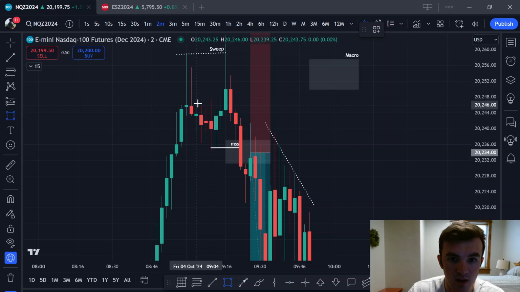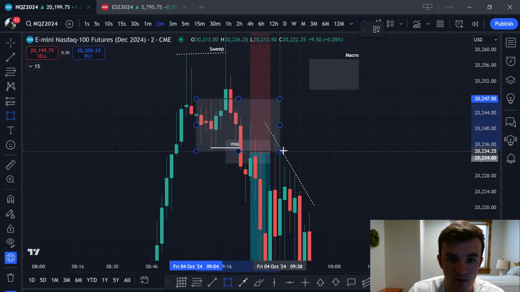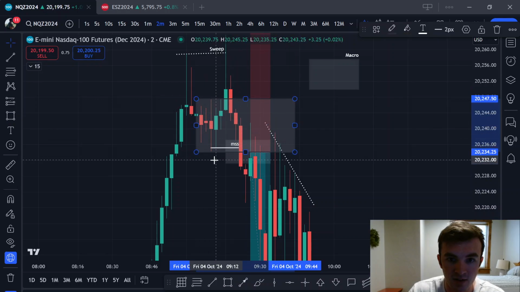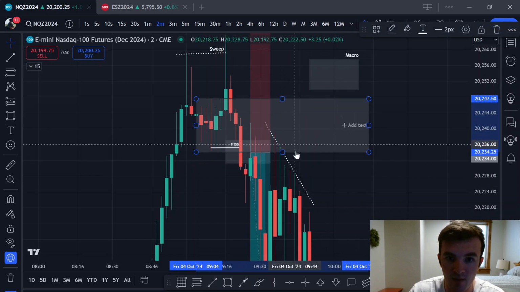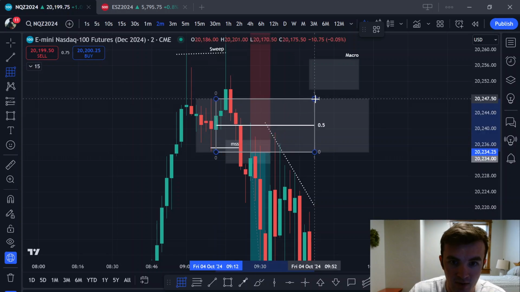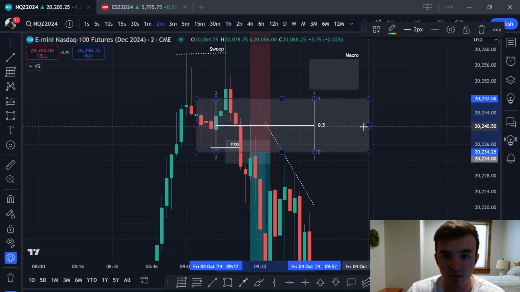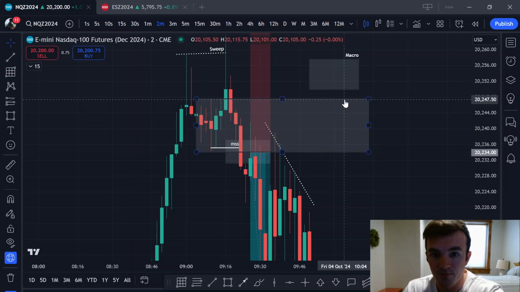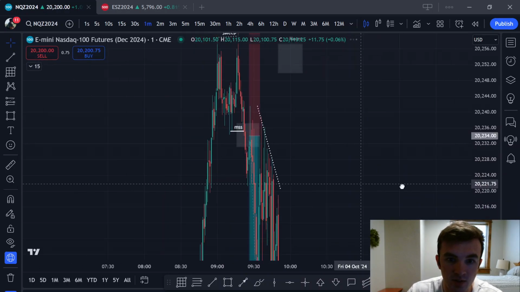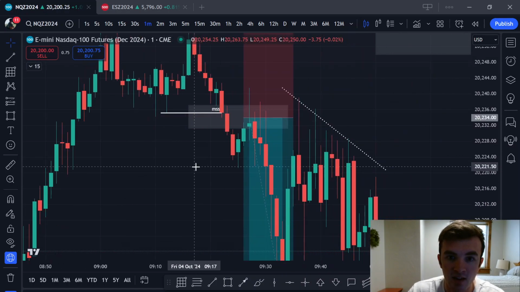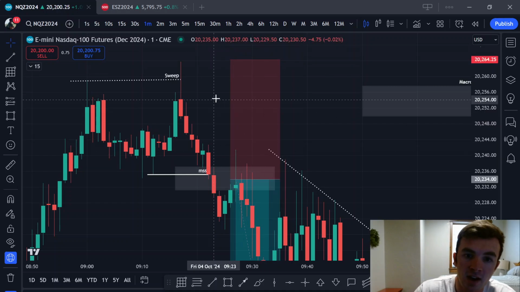High, low, higher high, lower low. So this is a breaker block as well. So it's a fair value gap overlapped with a breaker. And I think we might actually even tap the midpoint of this breaker block somewhat. Anyway, this would be your entry, and your stop loss would go above the high just to be safe.